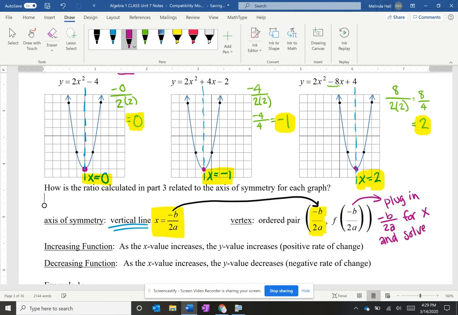Because remember, f of x is just saying the function at x. Where is y when x is this? Okay? Put a little box around it. All right, so